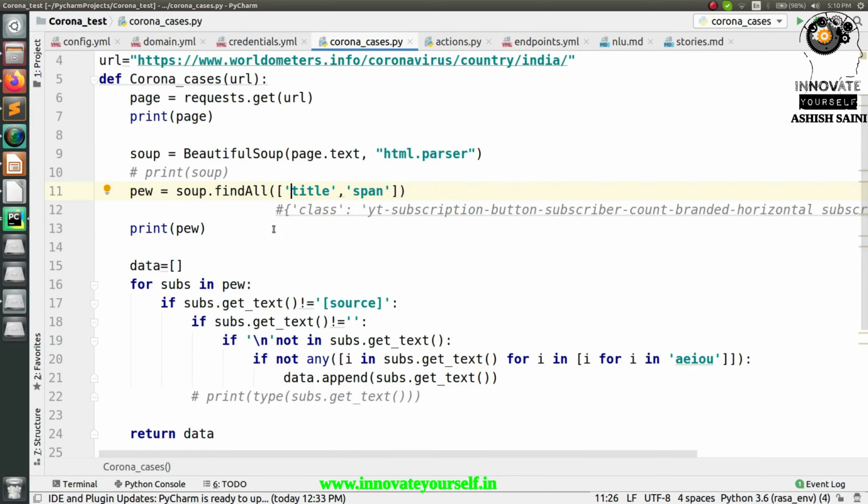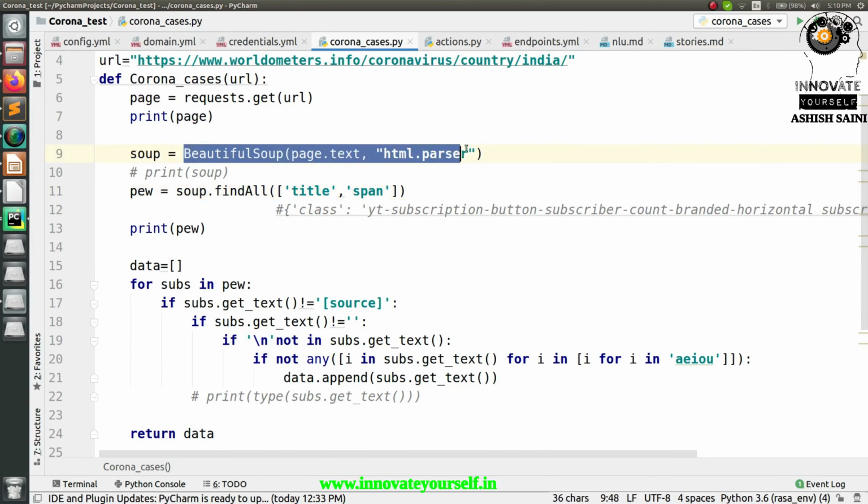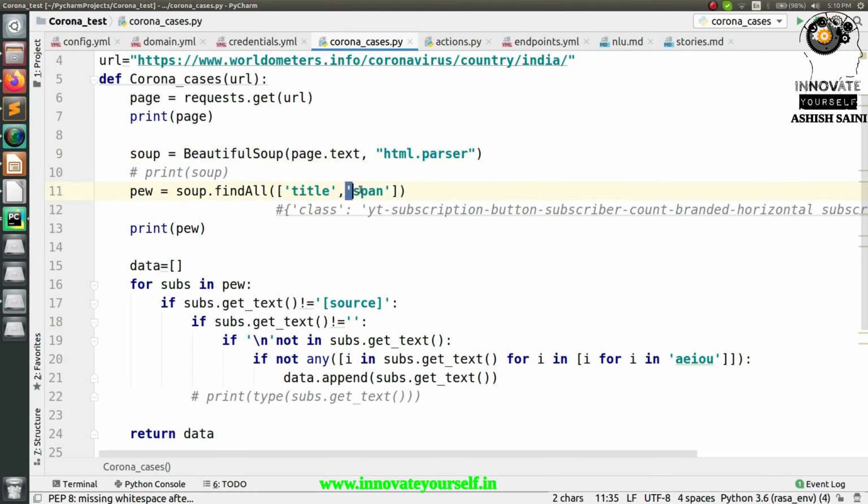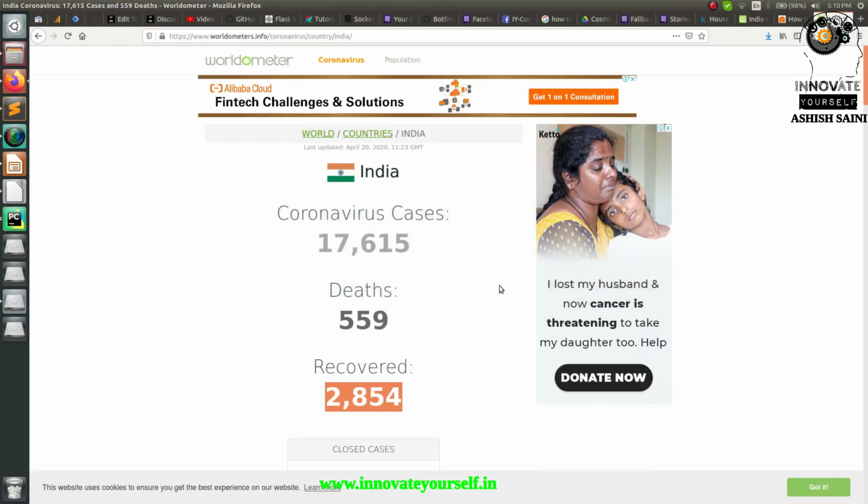Because in my case, when I fetched this particular URL, I got the values with respect to this title and span. Whatever tags we have on that page, these two types of tags are storing my data for these values which I was specifying over here.